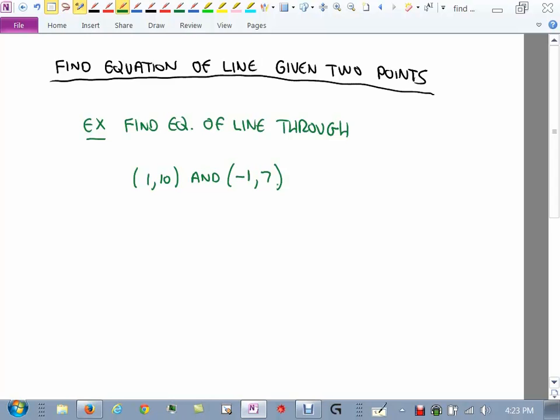Now I could draw this, right, and plot these points and everything else. But I'm not going to do any drawing. All I'm going to do is use this fact right here. I know that every line can be written like this, right? Except vertical and horizontal. Every other line that's got a little slope to it can be written like that. And I'm going to assume this is not horizontal or vertical, which if you just think about it, it's not. Just visualize mentally where those points are, and you'll realize it's not a vertical or horizontal line.